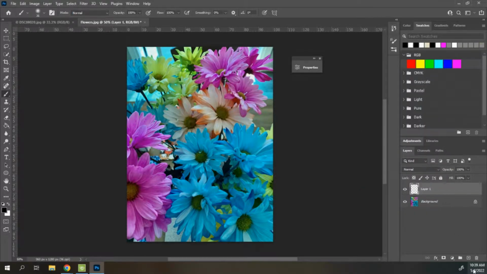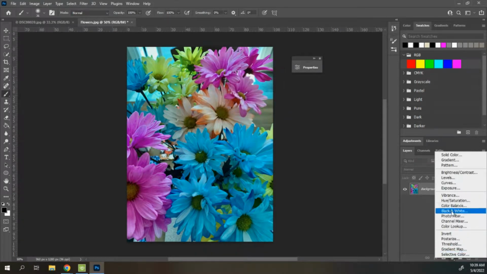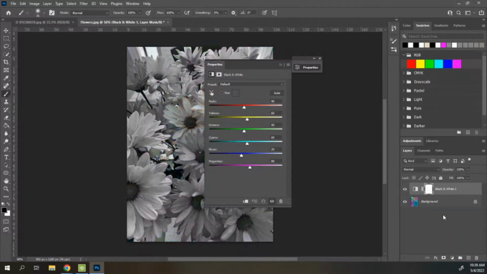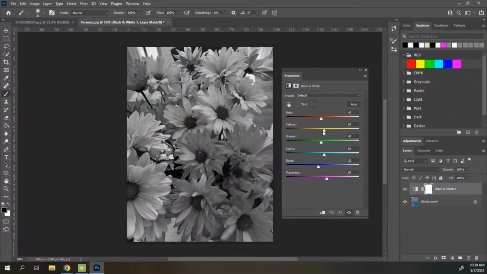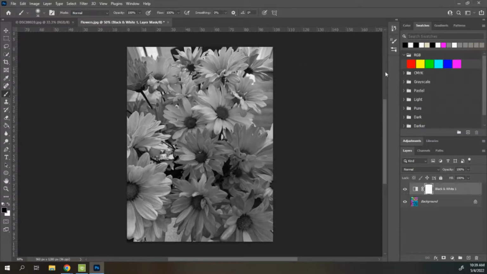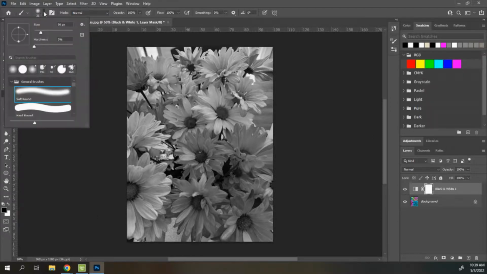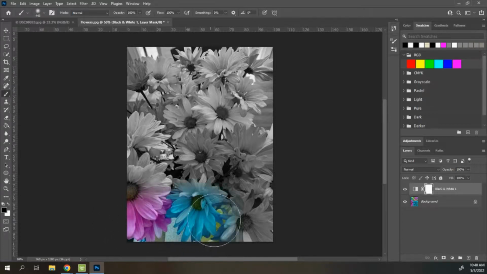Not that way. Let me get rid of that real quick. I'm going to do a black and white adjustment layer here, tweak it. I want to have it a little bit brighter, and this is okay with me. So what I want to do on this one is I'm going to make my brush a little bigger here, and I'm going to make my brush real big, and I'm going to do kind of a gradual black and white effect here. I'm going to go to the bottom of my picture, and let's say this is going to be full color